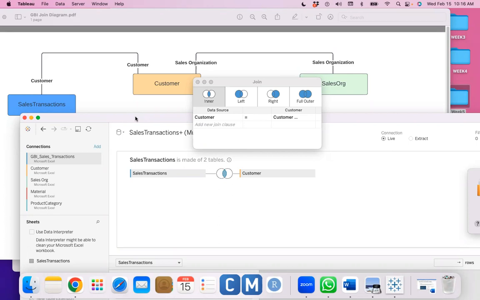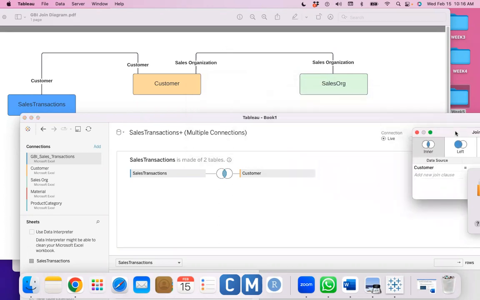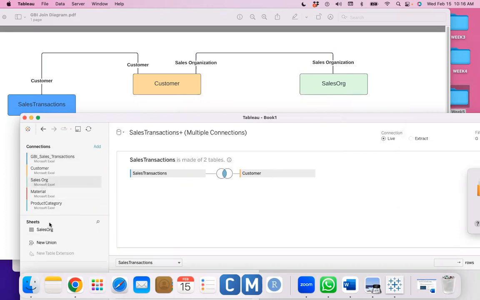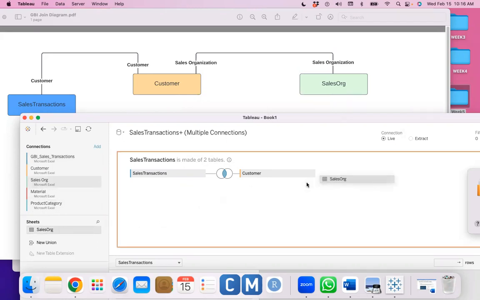Now what I can do is add the sales transaction. I would like to connect the sales transaction versus the customer table. Okay, so inside the sales organization we have the sales RZ. I would like to drag and drop it in the tabular box. So here the connection is made by default,